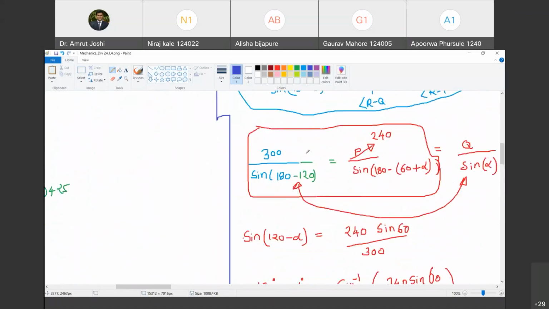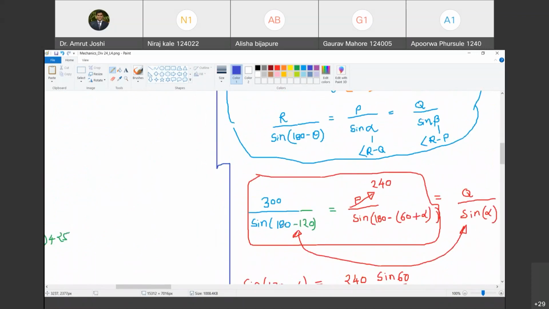If you are finding out non-rectangular components, then this term sine of 180 minus 180 does not vanish, and then you cannot simply say the component as r cos alpha and r cos beta. नहीं हो सकता. Are you with me? हाँ. Yes. So therefore, we have to understand that only when these are rectangular components, then we can express them in terms of r cos alpha and r sin alpha, or r cos beta and r sin beta, not otherwise.